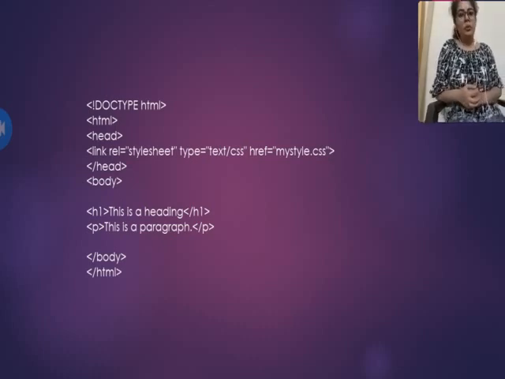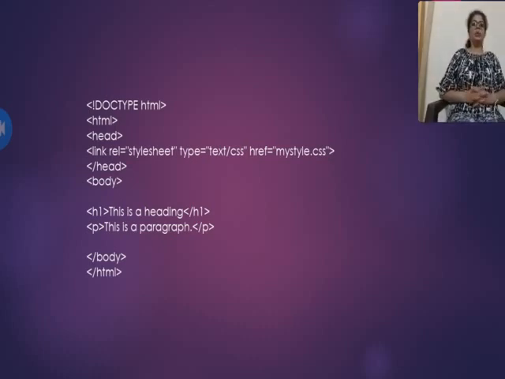So that's all for today. In today's lecture we have studied, first of all, what is CSS, then the rules of CSS, the different types of rules available whenever we have to apply CSS on a web page. And the next topic is types of CSS.